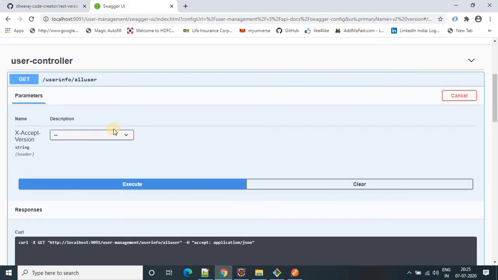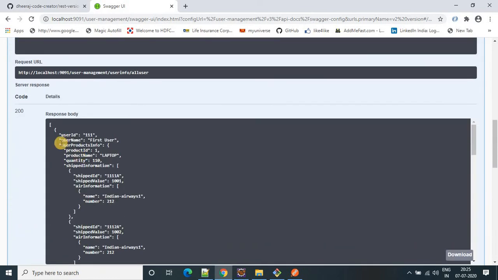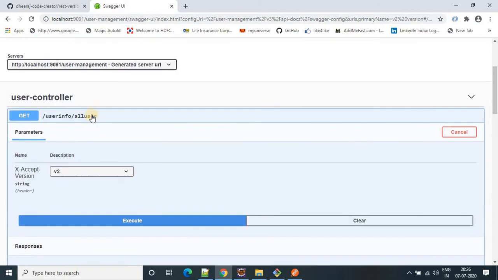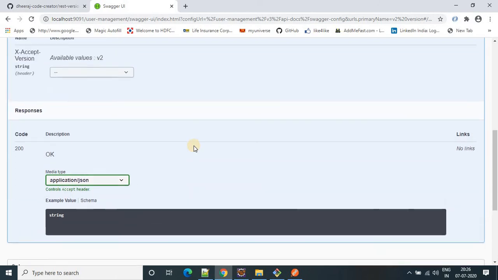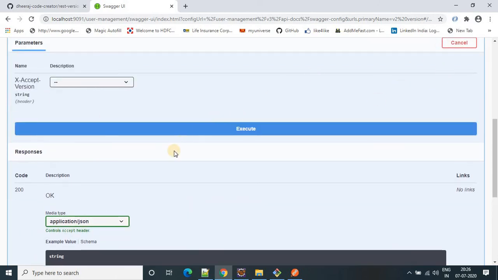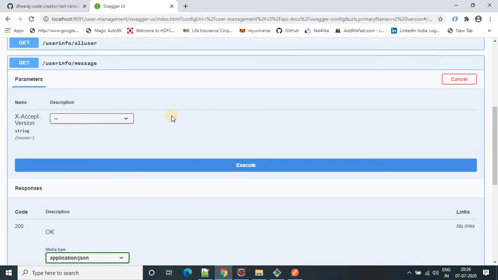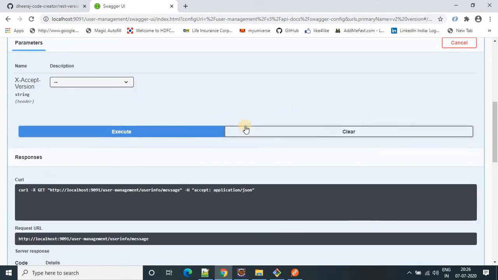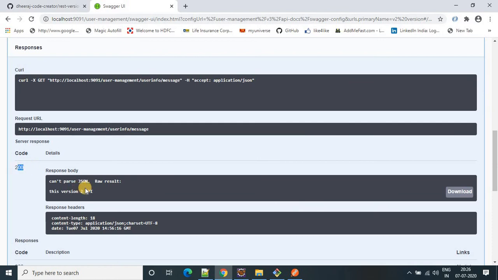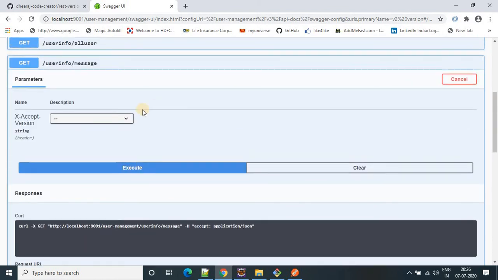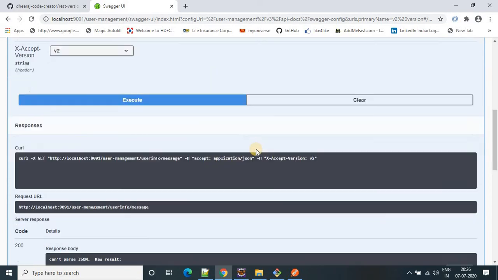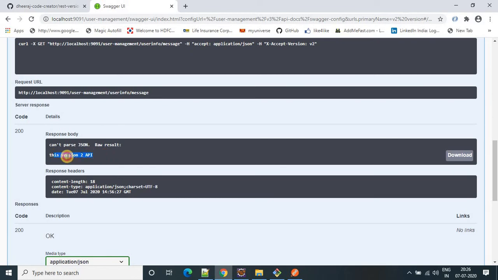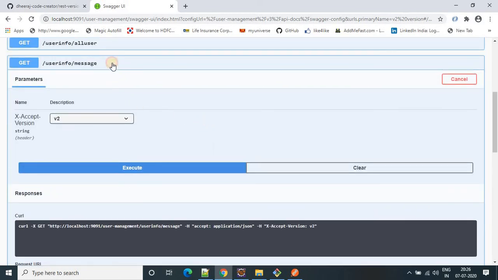Now check the second one. Let's suppose I want to provide the version. Yeah, we are getting 200. Check the second endpoint. Here I am not going to provide any version, this is the blank, default one. Let's hit. Yeah, we are getting 200. This is the version 2 API, because we passed a string there. Now select V2 and hit. Yeah, we are getting the response 200. This is the version 2 API. So this is the way.